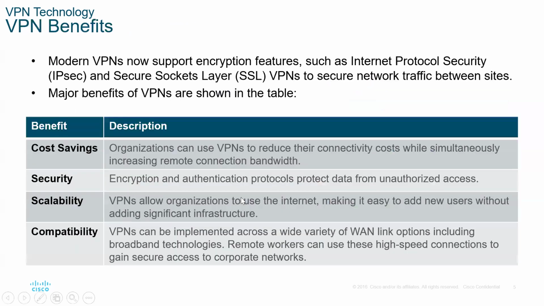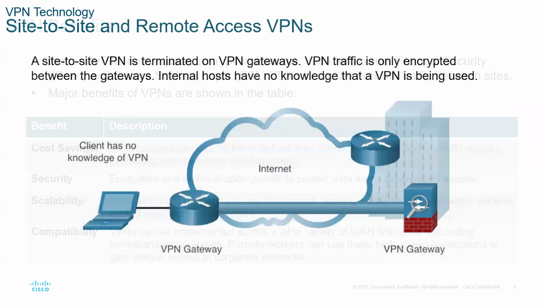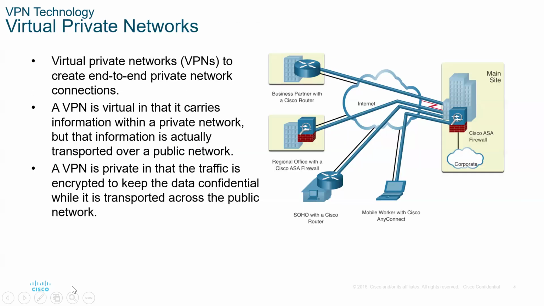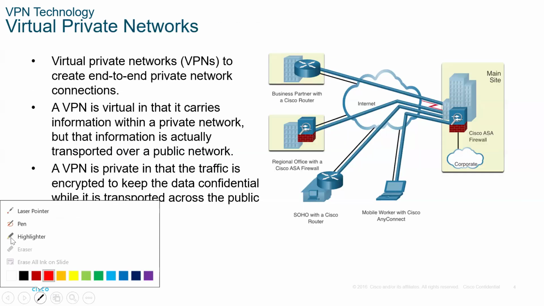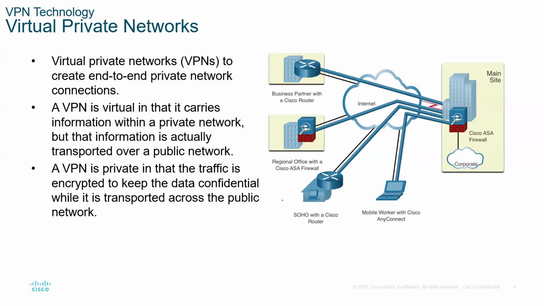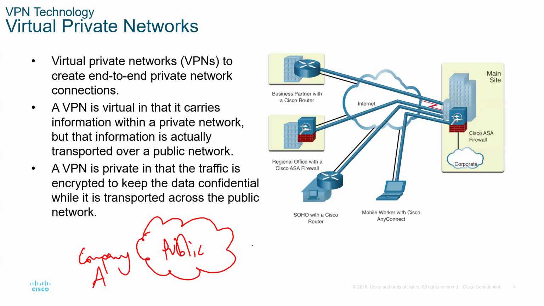Can I start with a public network? It's mostly to do with the internet. So if this is our internet, this is public. Everyone has access to this, so there is no confidentiality, there is nothing. Everyone has access to that. This is company A, this is company B. Company A and company B want to communicate